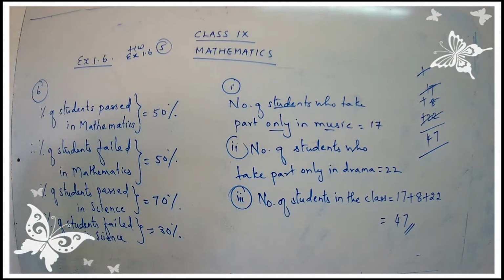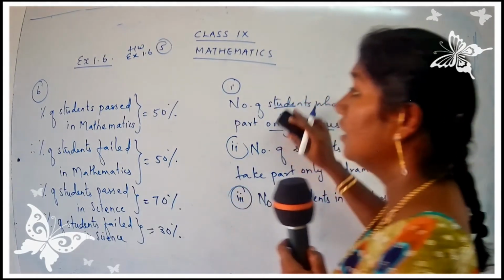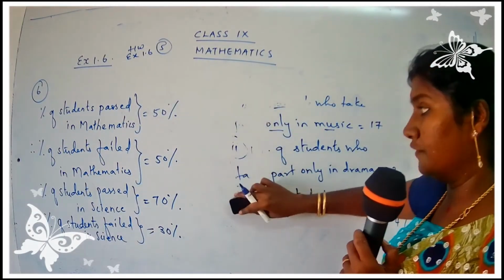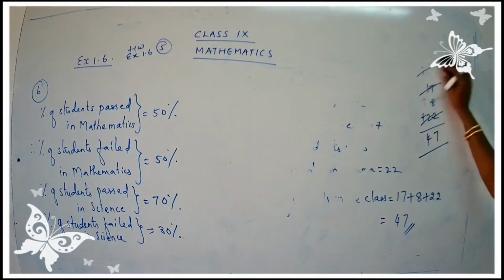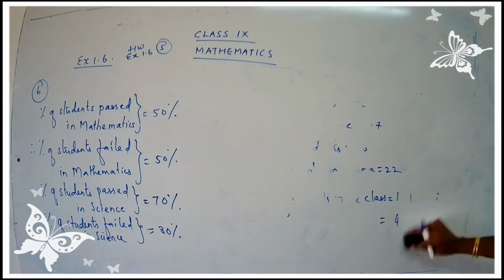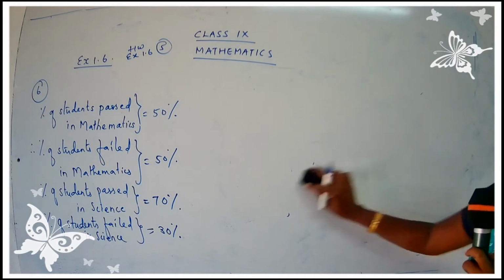So we have also written the statement for 70% of the students passed in science. We have one more statement: 10% of students failed in both the subjects. That means it is common, 10% of the students are failing in science as well as maths. Okay, children, so we have to write down that percentage. Let us write down the percentage. Write down.